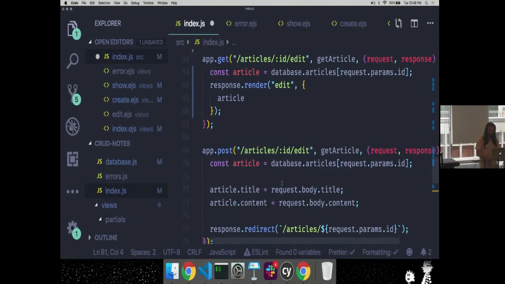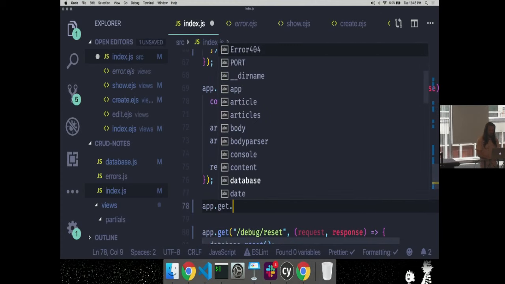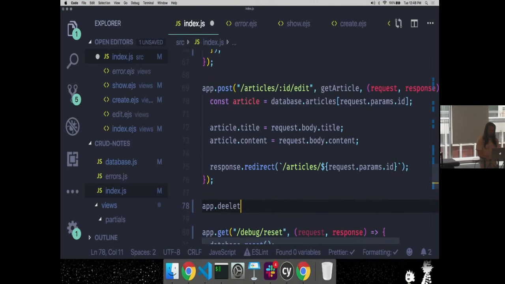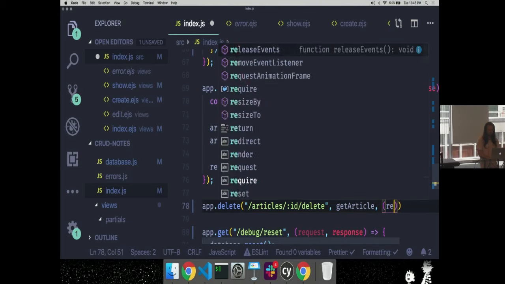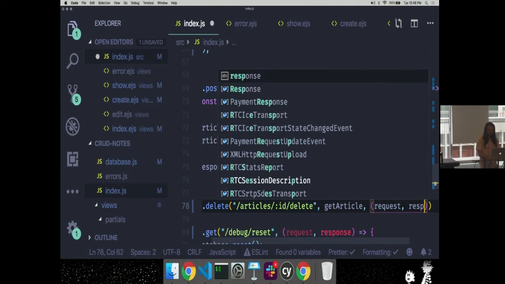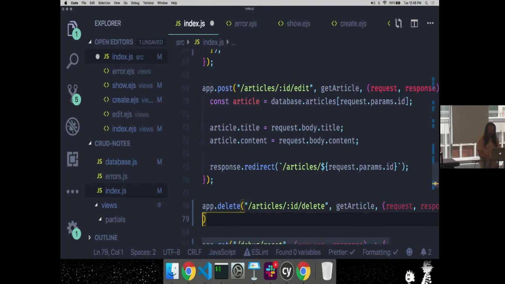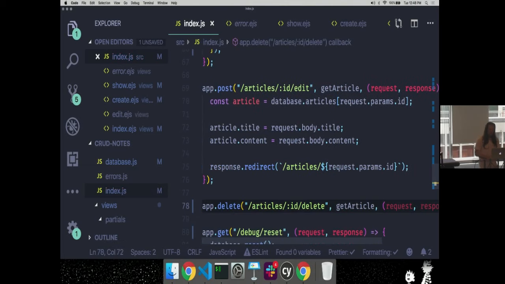If I'm going to delete, well, I'm going to need to make sure that article exists, so I'll put that one there as well. And this was, instead of me having to copy and paste, const articles equals database.articles with the request.params.id every route.